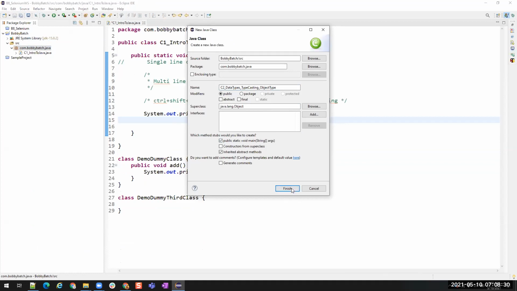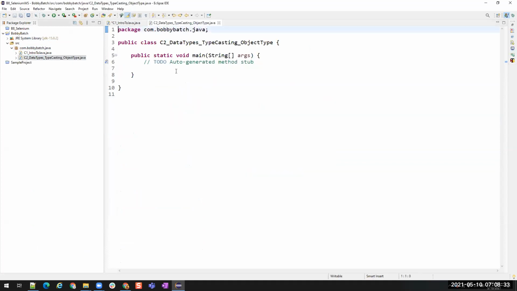We're going to cover all these things in this class. So let us start creating those data types.